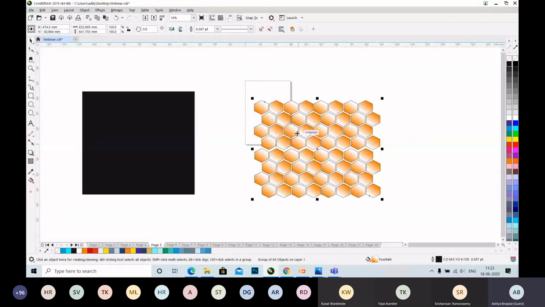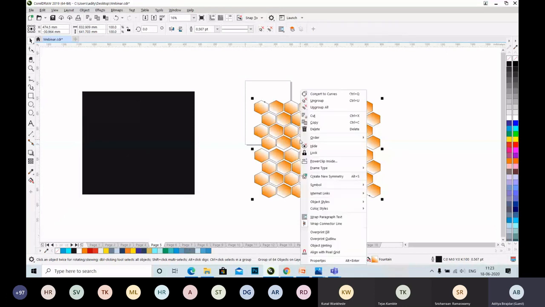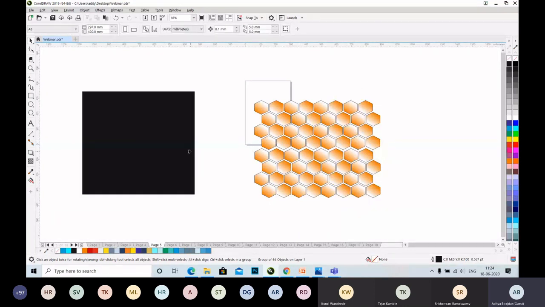Let's say I want to insert this object inside this rectangle. For that, I will right click on it, and you can see here it says power clip inside. Click on it and move to the object where you want to insert it.